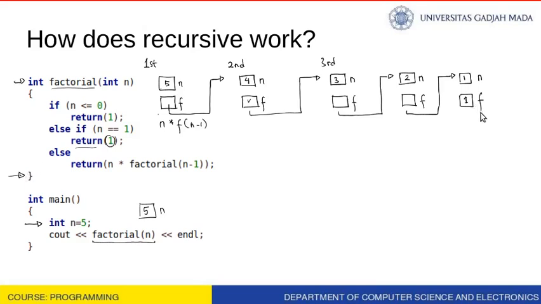Therefore, the value of this function call is 1, right? So this will be given to the next, I mean the parent of the function call. So this is fourth, and this is fifth. This fifth function call is coming from the fourth function call. So this 1 will be put in here, that is 1 multiplied by 2,